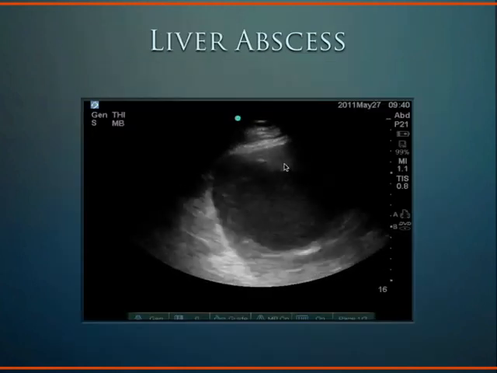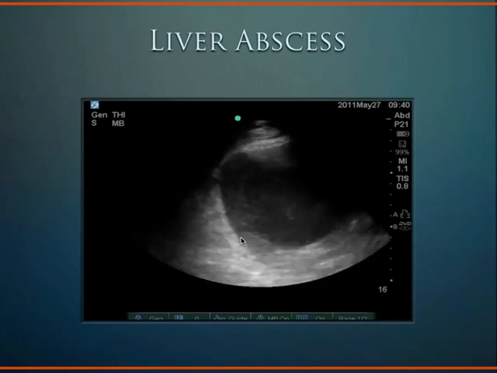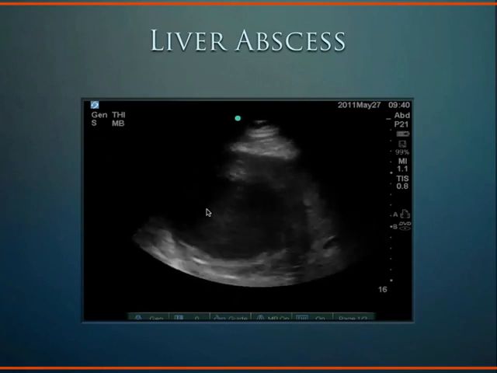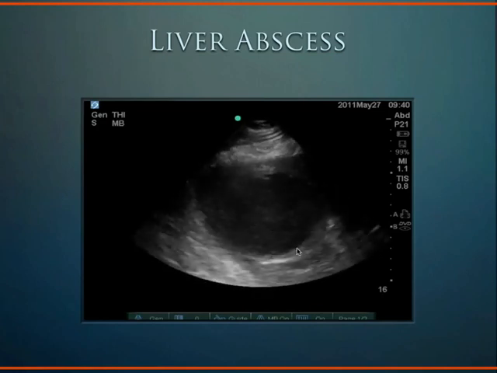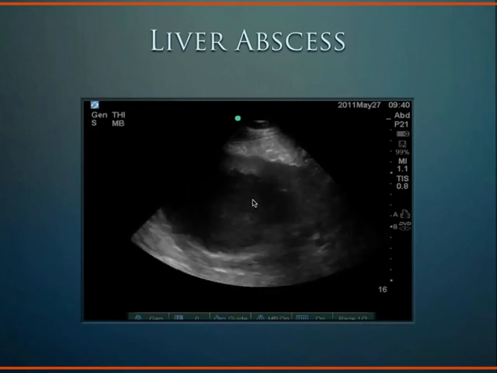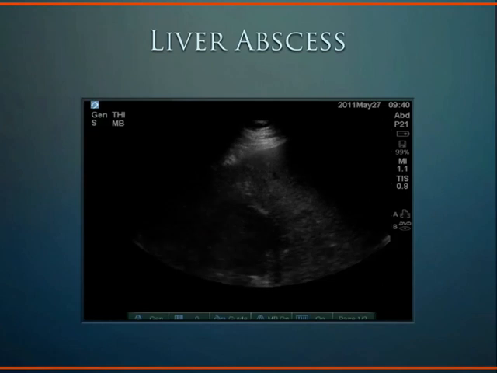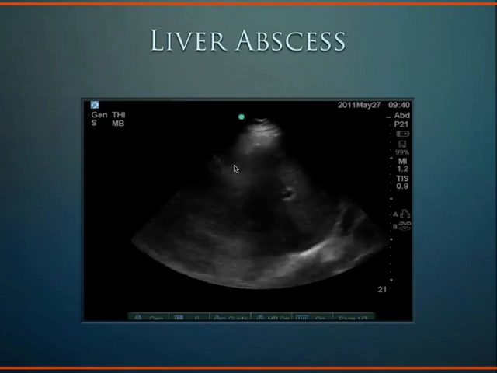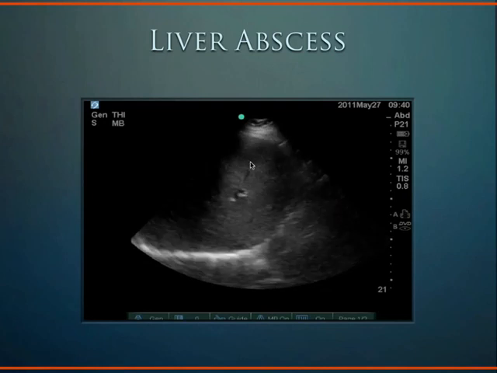In the rest of the liver we can see abscesses as well. This is a liver abscess. Kind of hard to see the kidneys over here for a second there. This is the liver seen here. This is all this hypoechoic encapsulated structure seen here as an abscess within this patient's liver. Echinococcus or amoebic abscesses are somewhat common in our patients at UCI, so we can see this as a distinct structure within the liver itself,